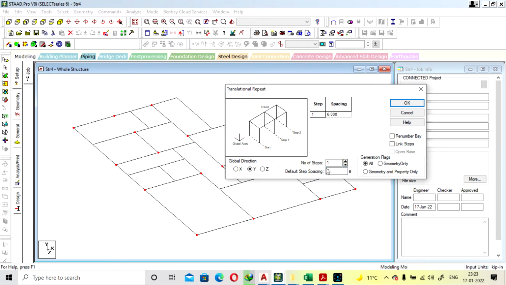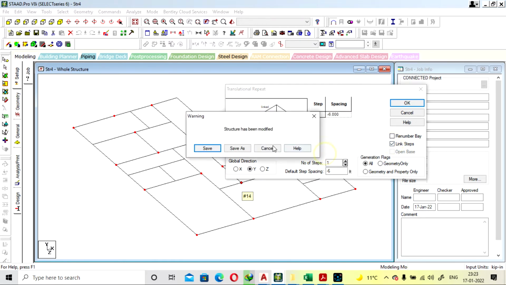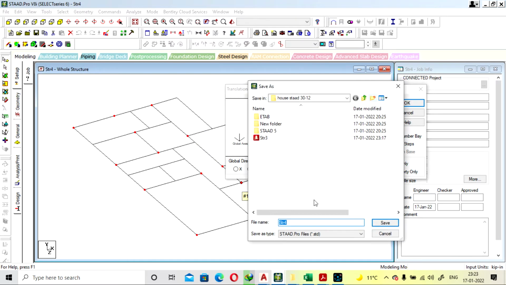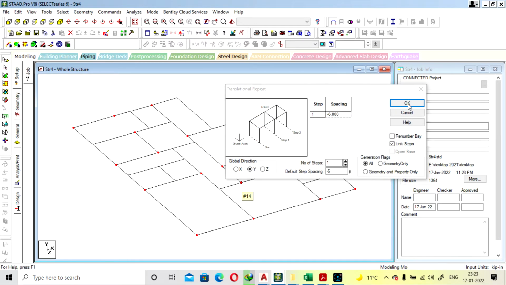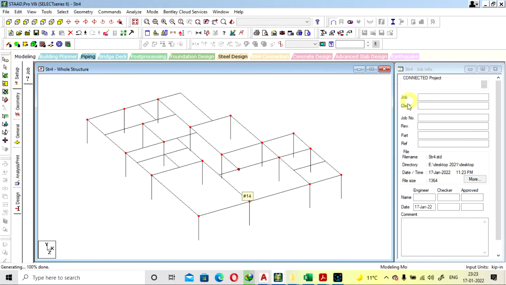It will be negative because it will go downward in the y direction, and we will link the steps, and there will be only one step. So all the steps will be created, and our column positions will be created here.